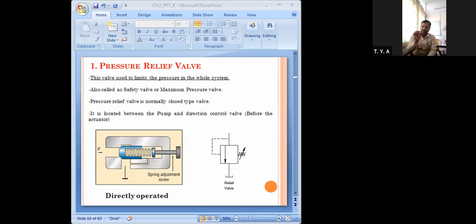Okay, so this pressure relief valve limits the maximum pressure that can be applied to the part of the system to which it is connected. In other words, this pressure relief valve protects the system from excessive fluid pressure